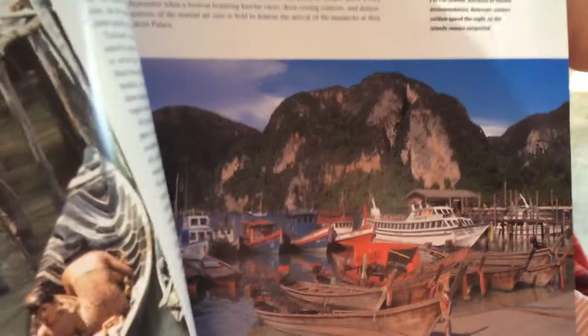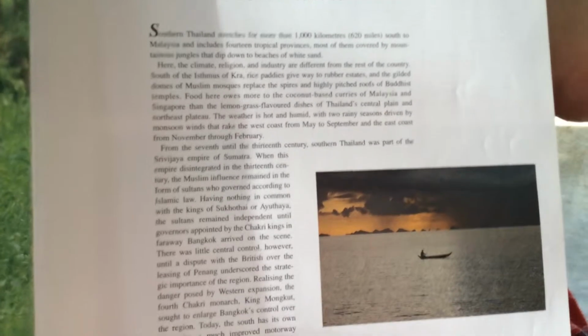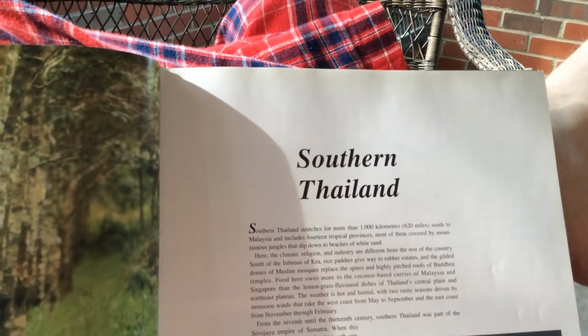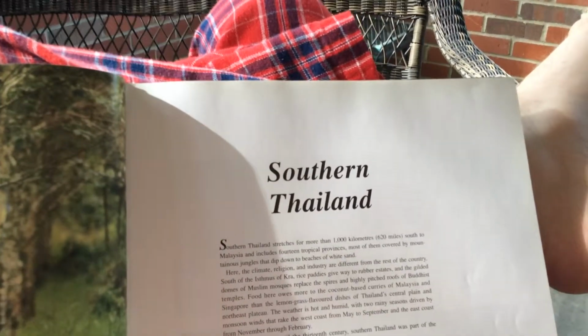Anyway, I'm going from this angle today because this book, on that page, is a combination of the history and culture of the Philippines as well as very extensive photography. It starts out in southern Thailand, goes through northern Thailand, then covers around Chiang Mai, and then pretty extensively covers the Bangkok area, and finally finishes with a short section in the province of Isan in the northeast. And that pretty much is what makes up